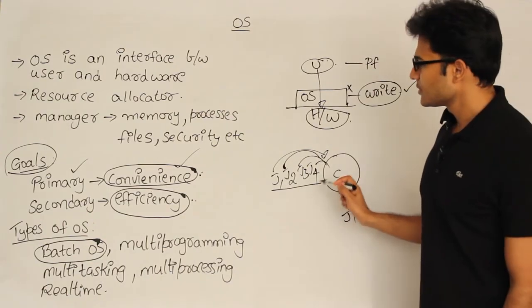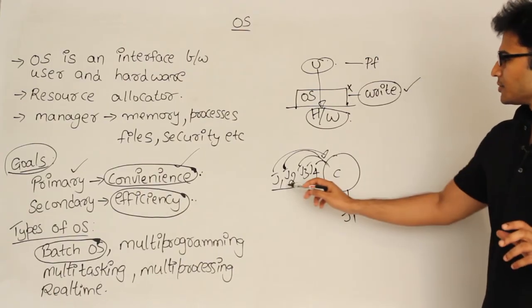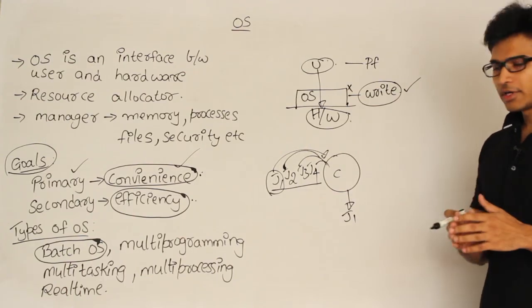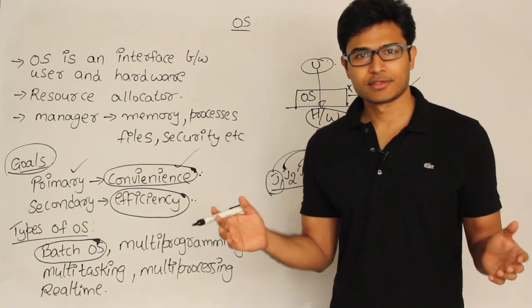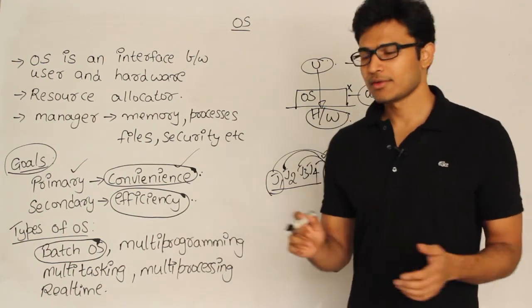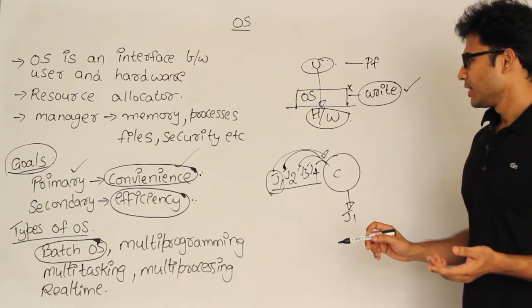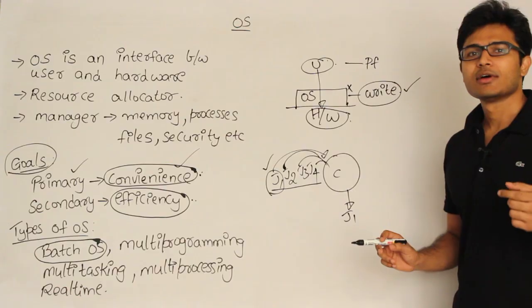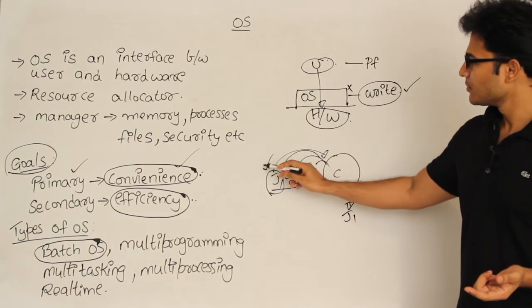But the problem with this batch operating system was, if the job J1 which has to be serviced is going to take a lot of time, which means the first job is going to take 10 days, then for all these 10 days all the other jobs will starve, right? And the second thing is, if the job J1 or any of the jobs requires input output, which means assume that